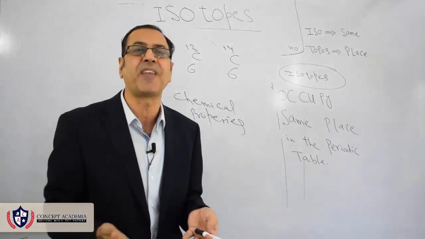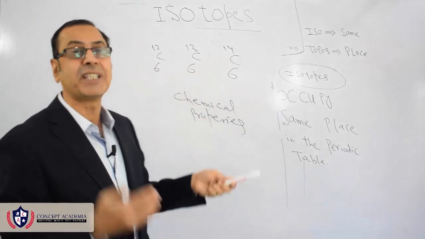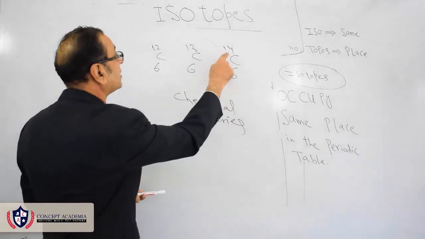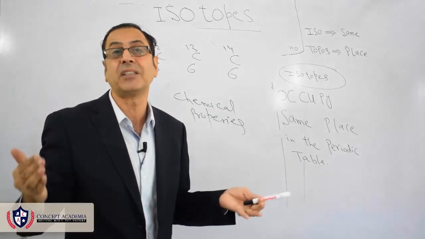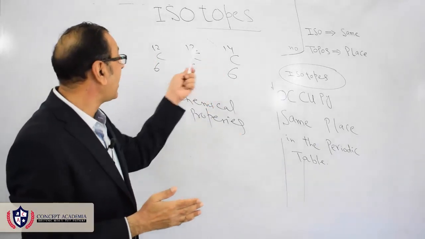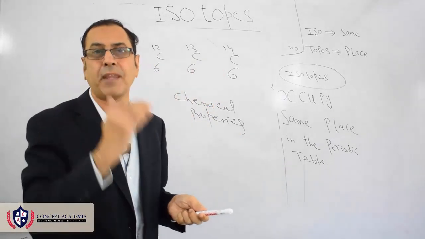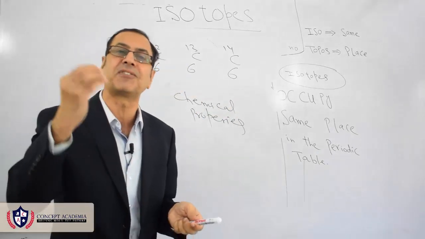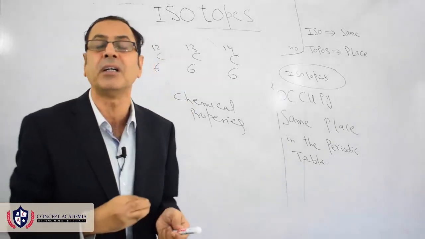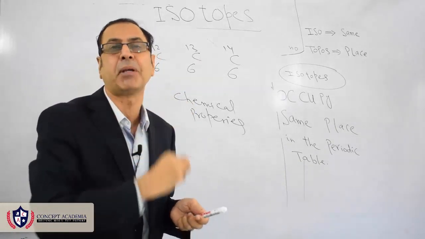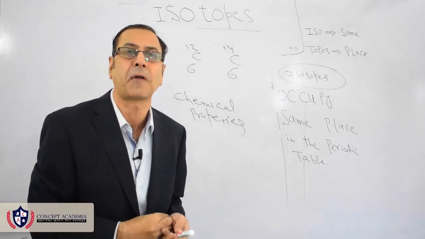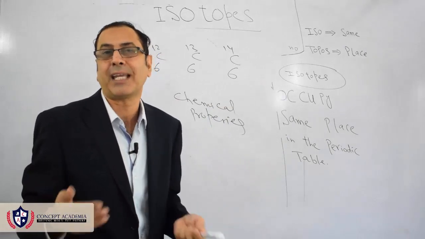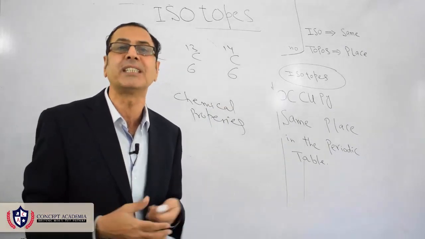And you have observed that isotopes are atoms of the same element having the same proton number and having different nucleon numbers, or different numbers of neutrons. They are the same element because the proton number is the same. Physical properties of them will be different because physical properties depend upon nucleon number, but the chemical properties will be the same because the chemical properties depend upon proton number. As the proton number remains the same, chemically they remain the same. Their chemical reactions and all chemical properties remain